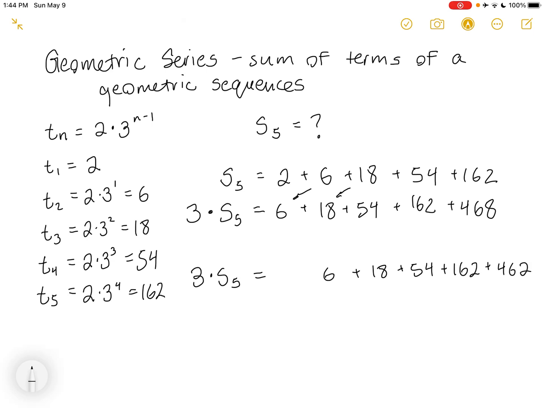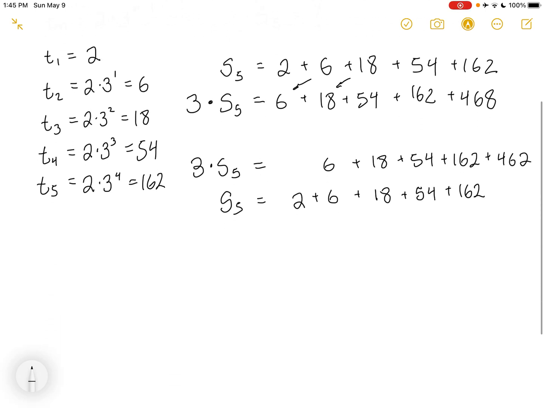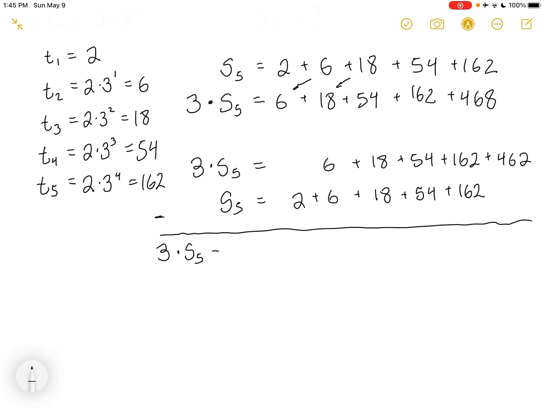Then I'm going to take the second equation, S5 equals 2 plus 6 plus 18, etc., and write it staggered so that the numbers that are the same are right underneath one another. Now I'm going to subtract. This is kind of like when we're solving a system, a similar sort of idea. On the left side, we're going to have 3 times S5 minus S5